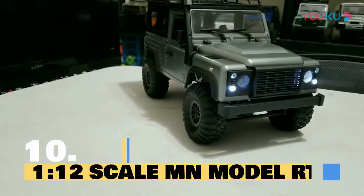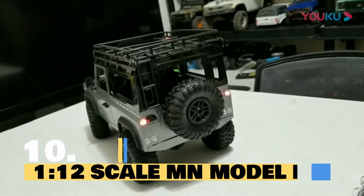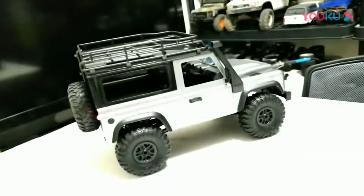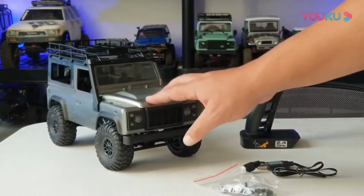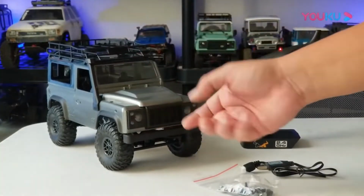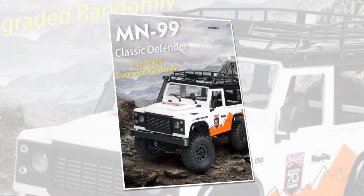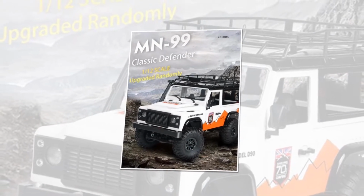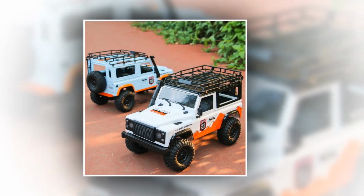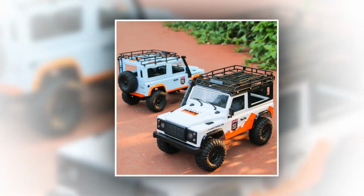Introducing the 1/12 scale MN Model RTR, the ultimate RC car experience for enthusiasts of all ages. With its cutting-edge technology and versatile design, this RC car is ready to conquer any terrain. Feast your eyes on the features of the 1/12 scale MN Model RTR. This RC car replicates the iconic MN98, MN99 Defender pickup, with intricate details that make it look just like the real thing. Equipped with 2.4G 4WD technology, the MN Model RTR delivers superior traction and control, allowing you to tackle